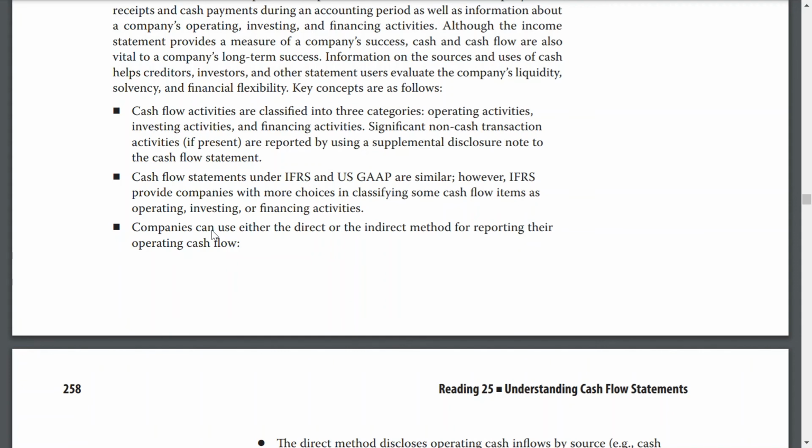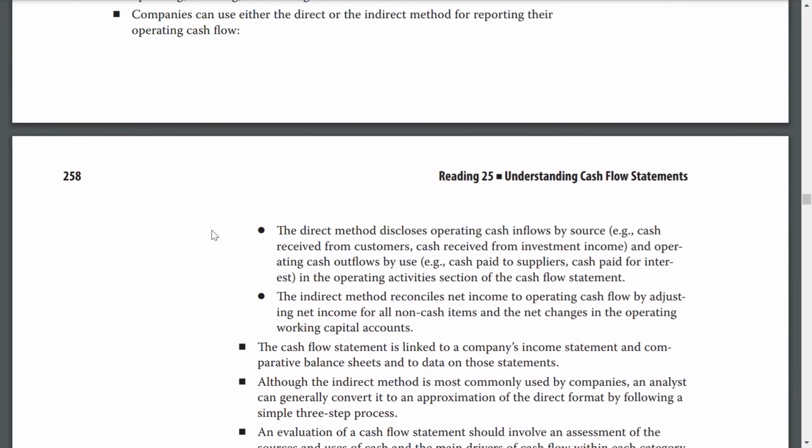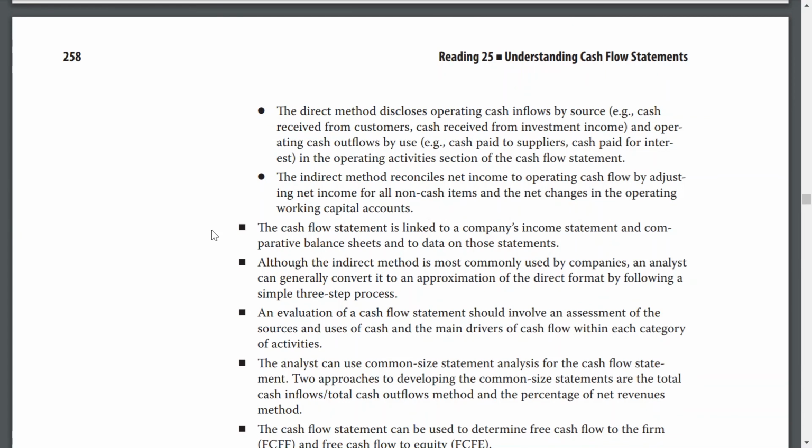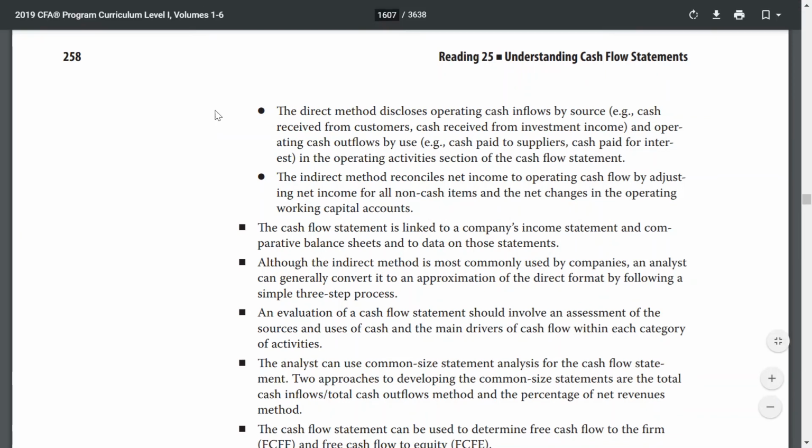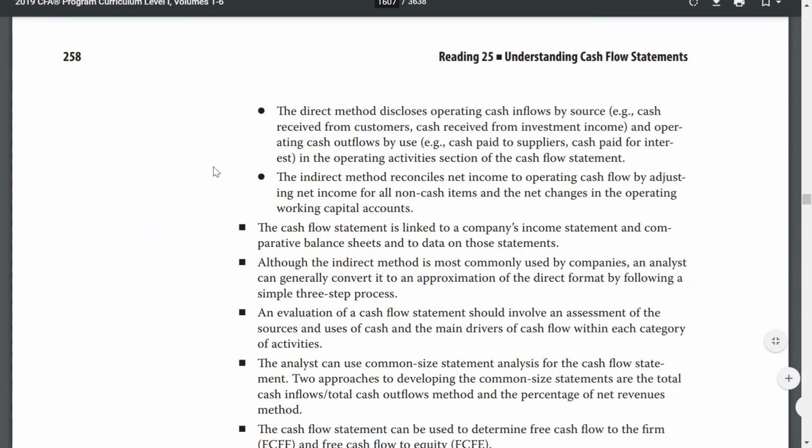Cash flow statements under IFRS and US GAAP are similar. IFRS provides companies with more choices in classifying some cash flow items as operating, investing, and financing activities. Companies can use either the direct or indirect method for reporting their operating cash flow. The direct method discloses operating cash inflows by source, e.g., cash received from customers, cash received from investment income, and operating cash outflows by use, e.g., cash paid to suppliers, cash paid to employees,